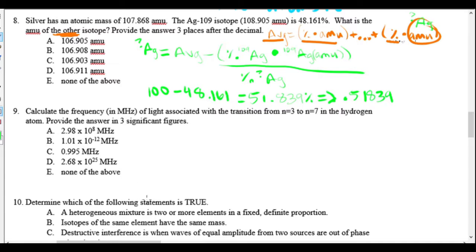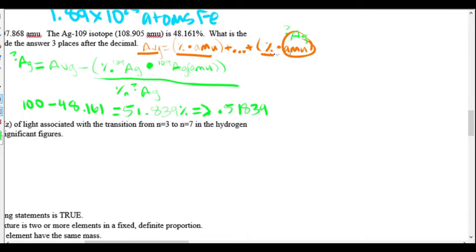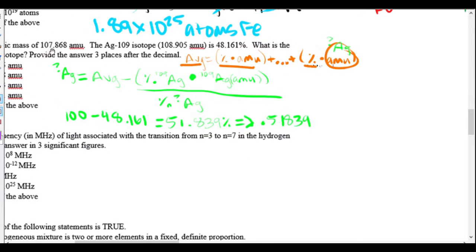Alright, now we just have to plug everything in. As she said, and many others say, plug and chug. So, we have our average, which was given to us as this number here, 107. This is going to equal 107.868. I'm just going to put A for AMU, minus, and then this number as a decimal, 0.48161, and that will be